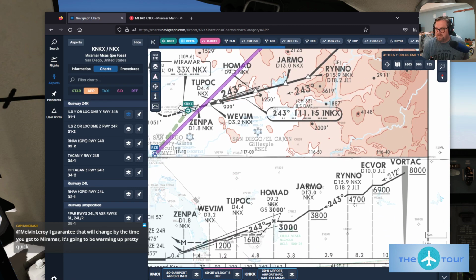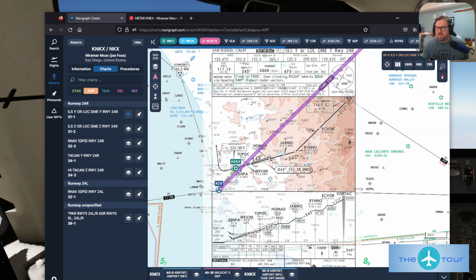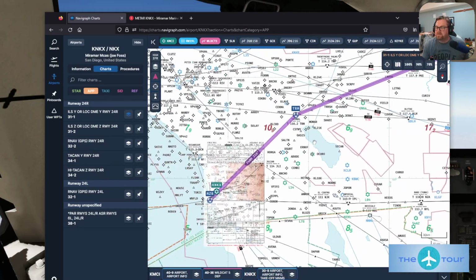Okay, so what do I need at Rhino? I need to be at 4,700. So that's going to be my, actually 3,000 here at Homad, where I pick up the glide slope. That's where I'm going to try to get to. So 3,000. We're going to Julian, which